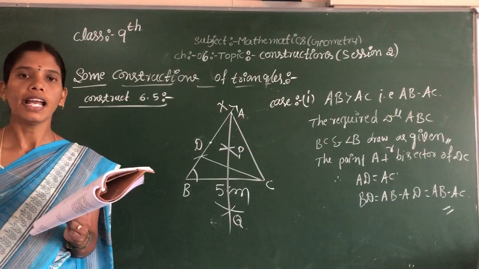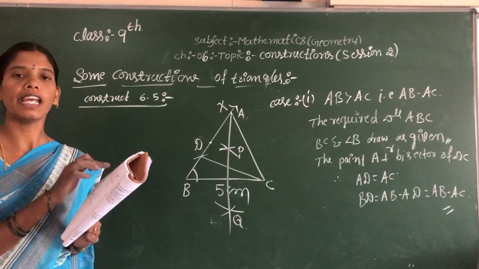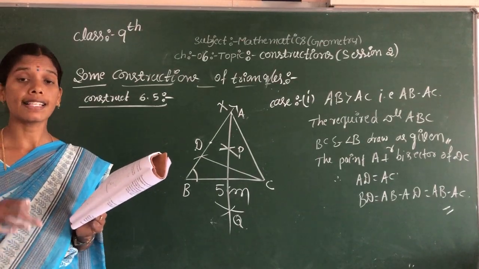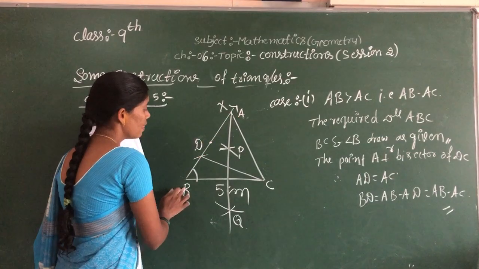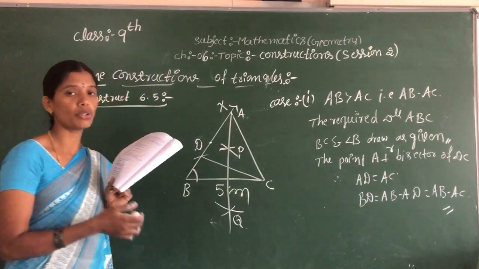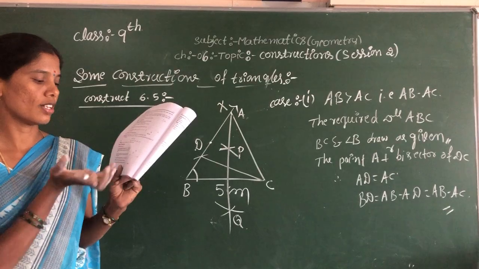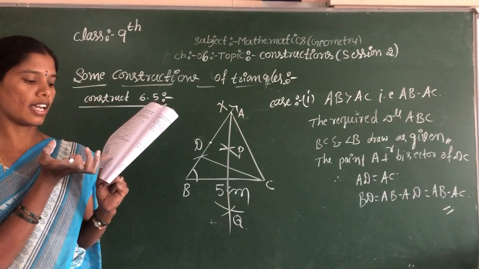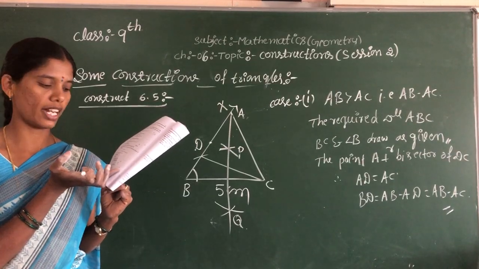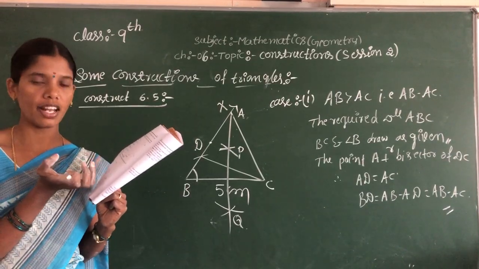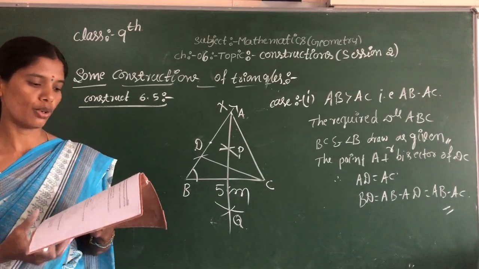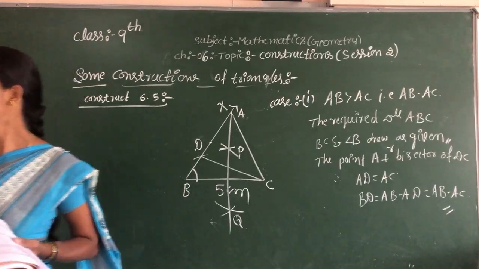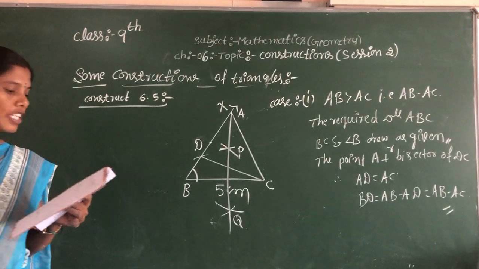Why? Because AB less than AC. This is AB greater than AC. First case done; you do that in AB less than AC. Only you should do that. Figure is that. So in base, the center is there. Okay, base center is there, and AC and DC are two sides. Okay, X is one of the rays. You should write that in your notes. Okay, that is homework for you. So construction. Now next, construction 6.6.